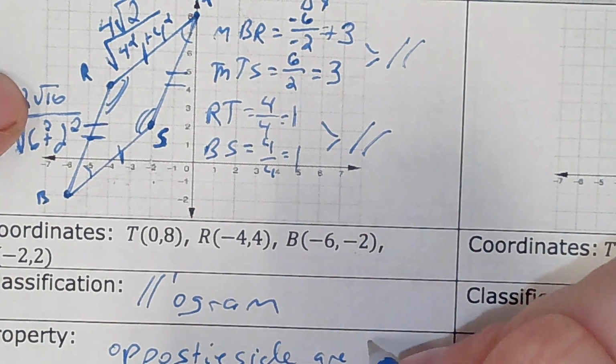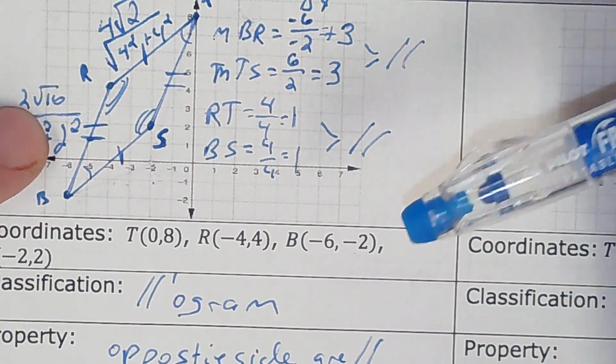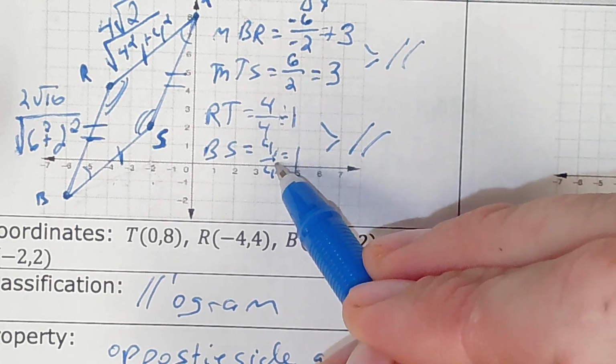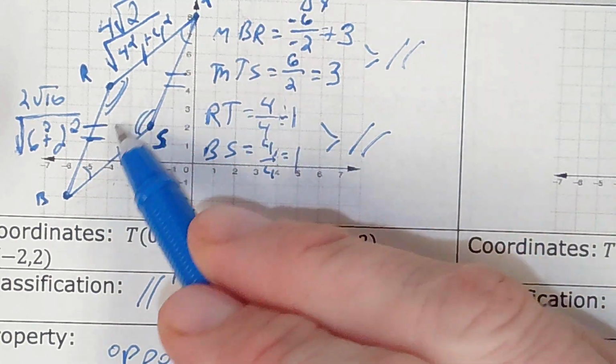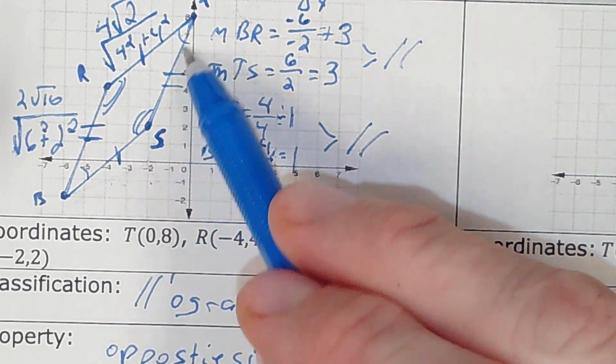Are parallel, right? Let's prove that they're congruent. I mean, you can see that they're congruent, right? BS and RT do the same math. They're congruent, right? RT and BS, because BS length would be